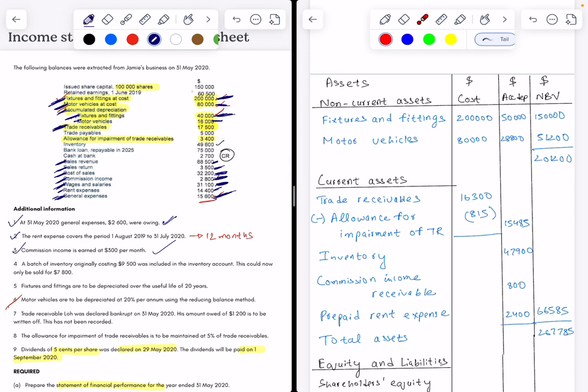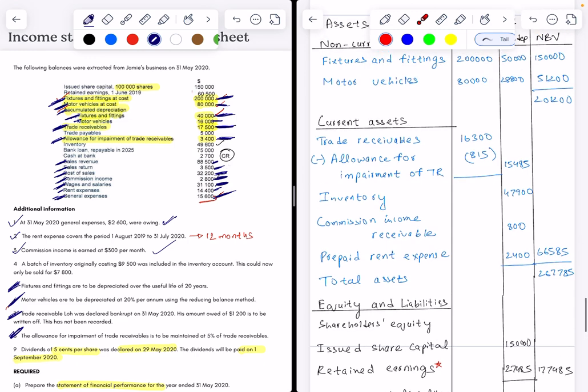So trade receivables is fully done. Allowance is fully done as well. And then from the additional information, point number 7 and point number 8 is fully done because both of these points refer to trade receivables and allowance. Okay? So is point 5 and point 6 for depreciation. Now,